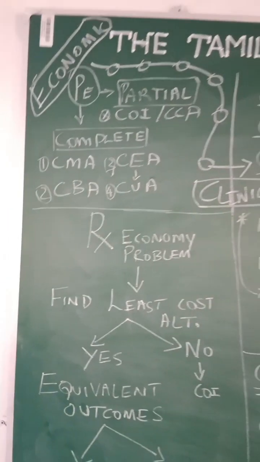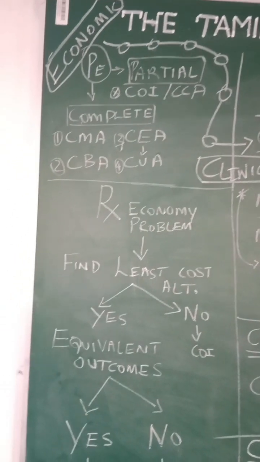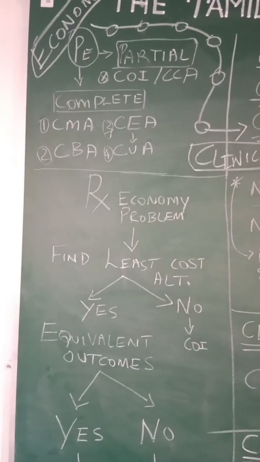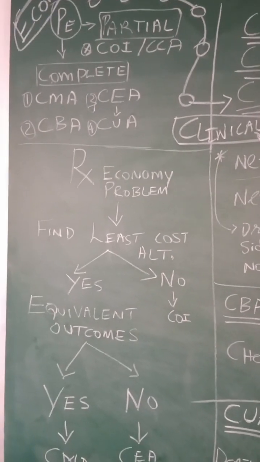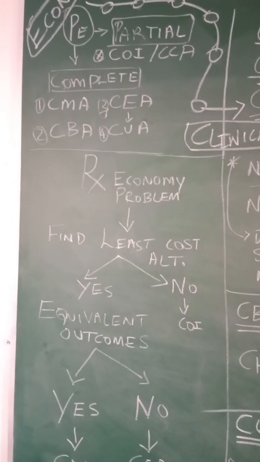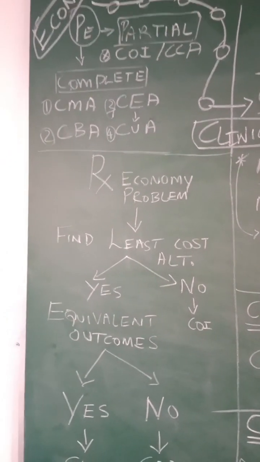This is all about the pharmacoeconomic analysis models. There are two kinds. One is partial pharmacoeconomic analysis, one is complete. In partial, cost of illness or cost consequences, where we don't consider the outcomes or efficacy of a thing, like